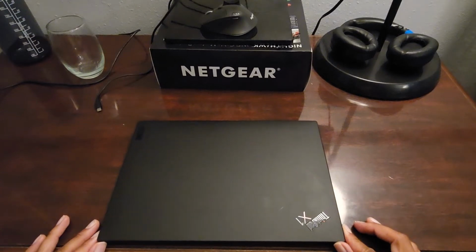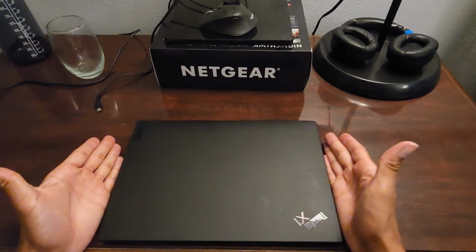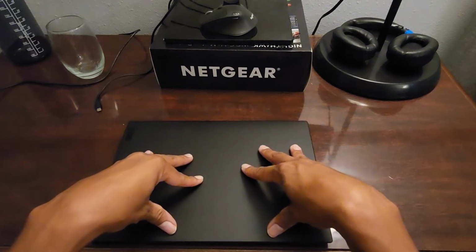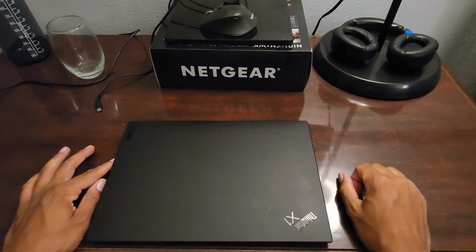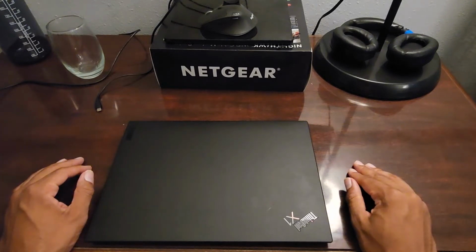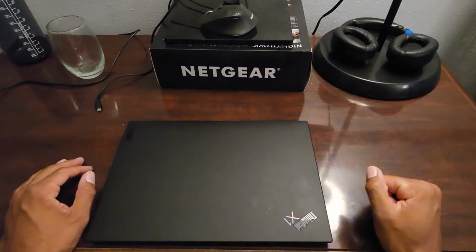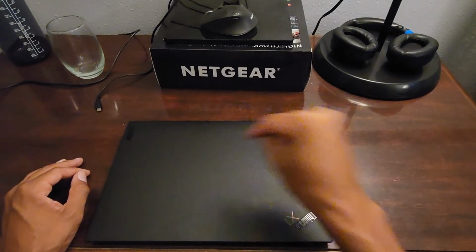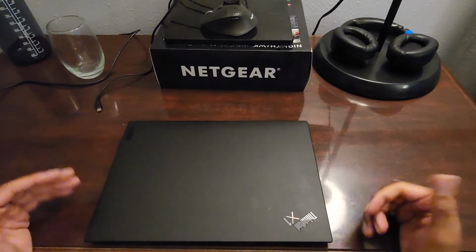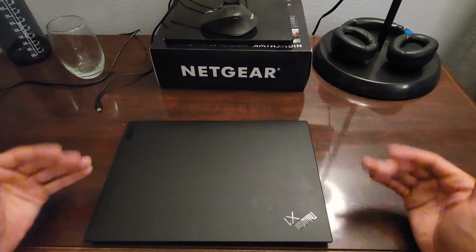All right. So, as I mentioned in my last video, I'm a pretty big fan of these Lenovo ThinkPads. I was talking about a T14 Gen 2. I've talked about my X1 Carbon. Here's a newer ninth generation X1 Carbon. But at the moment, this machine is not the one that I feel is my leading competitor for full-time laptop